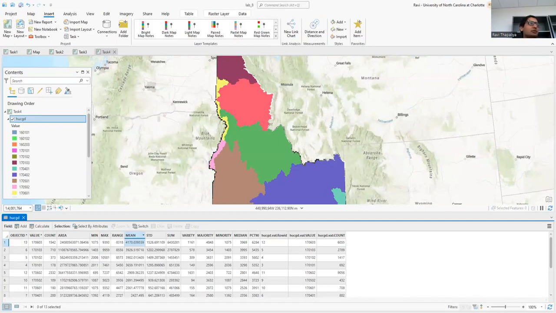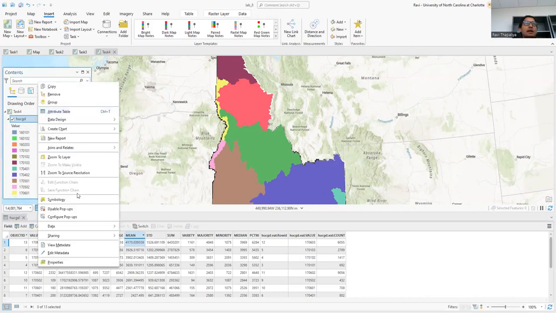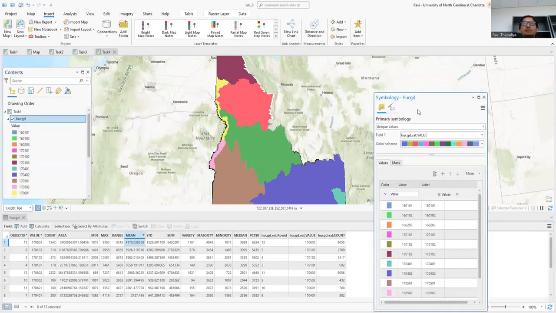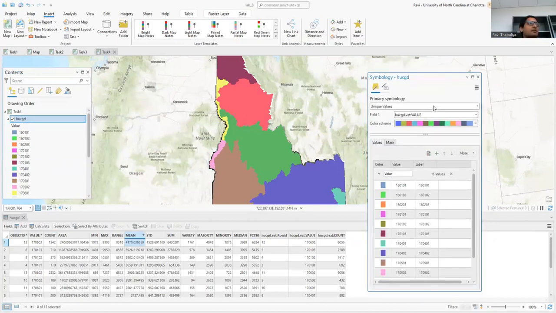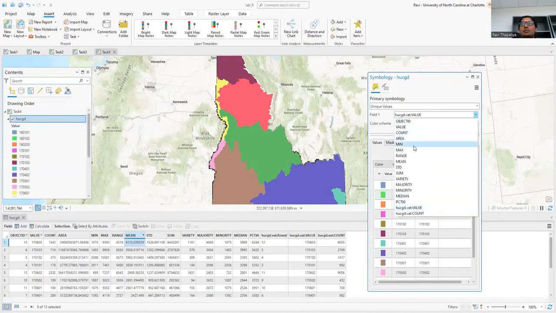And in task 4, you need to create a map. For that, before creating the map, you need to first change the symbology of the HUC GD raster. So right click HUC GD and then go to symbology and then use the field mean,